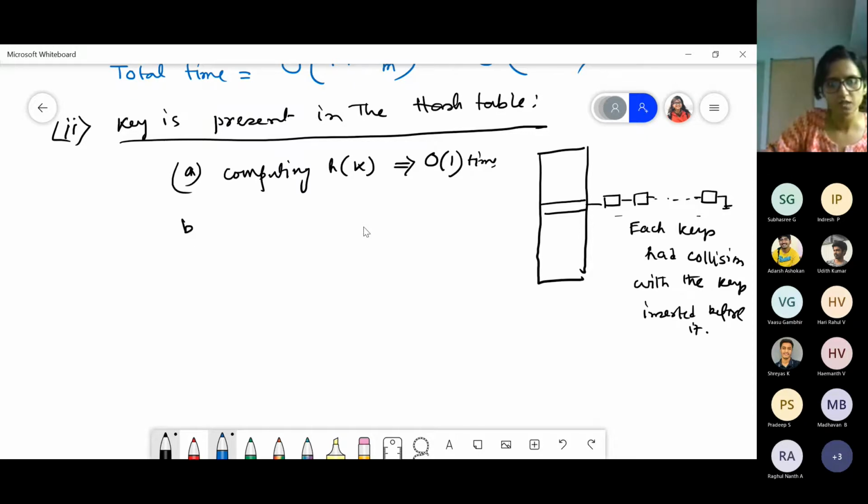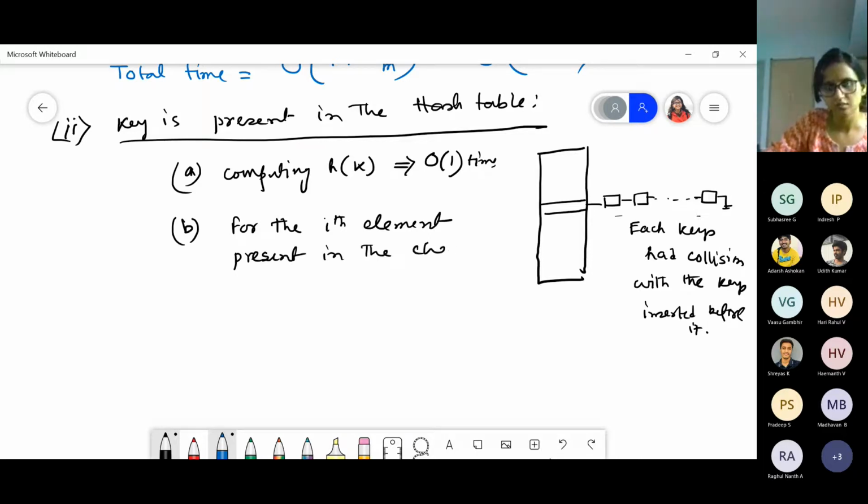So what will be our total, say, for the ith element present in the chain? The total number of collisions that has happened for this is, say, xij.